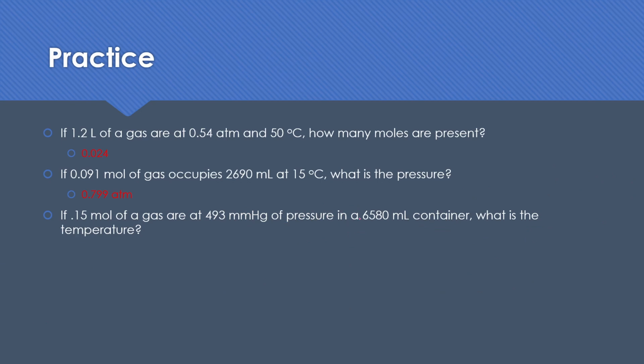If 0.15 moles of a gas are at 493 millimeters of mercury of pressure in a 6580 milliliter container, what is the temperature? All right, so for this we need to divide by 760. So we do 493 divided by 760, and we get 0.649 atmospheres. This is 6.58 liters. So the temperature is equal to PV over nR, which is